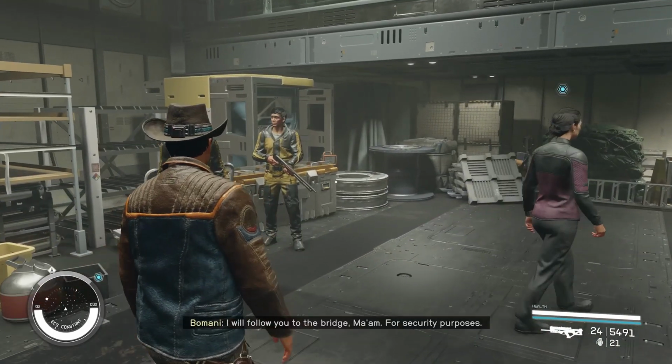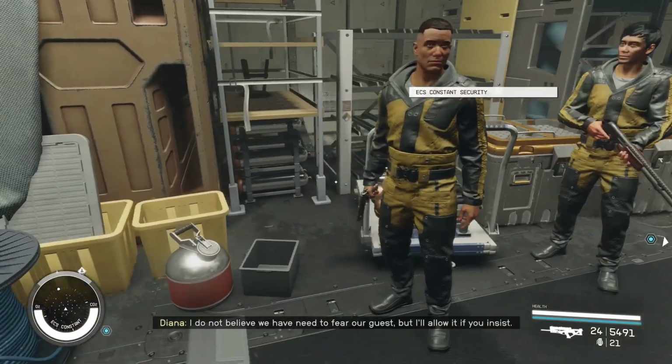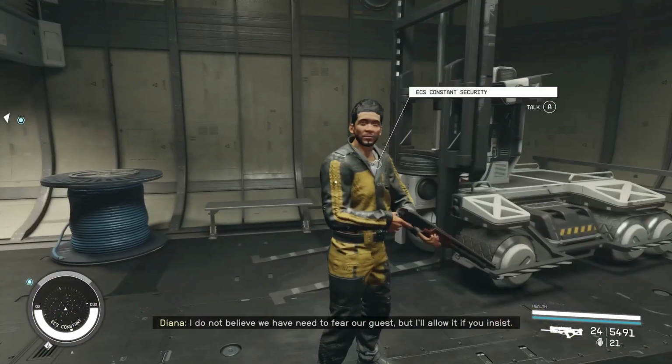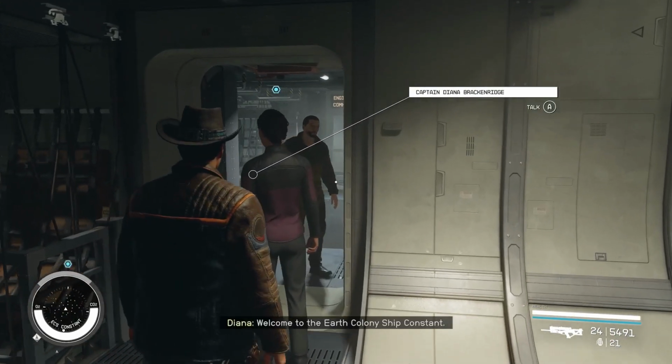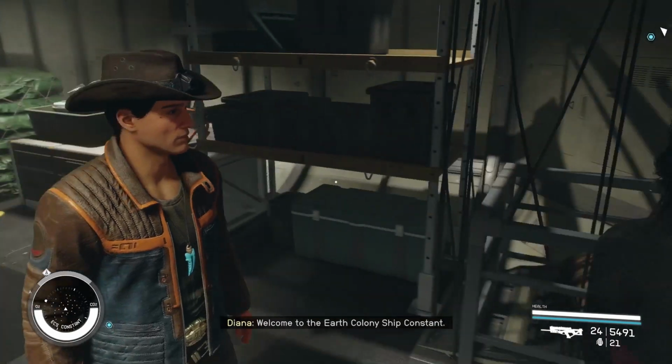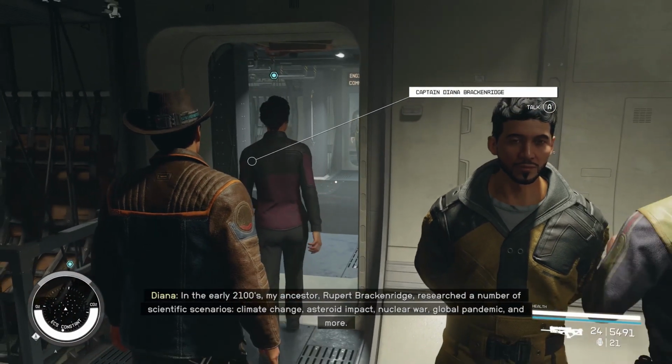Oh, is that a really old gun? It is. It's like a shotgun. I do not believe we have, yeah, using old Earth weapons. These are old Earth weapons from the Earth colony ship. Yeah, it's like a shotgun. In the early 2100s, my ancestor